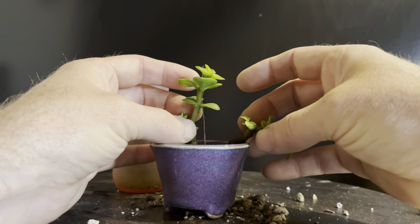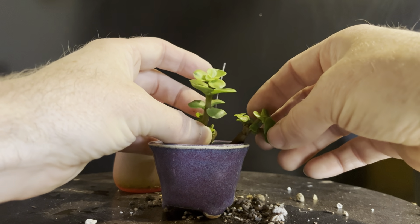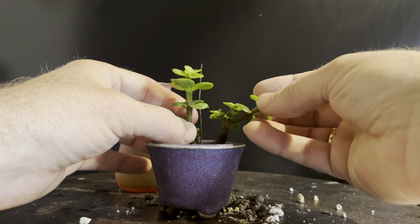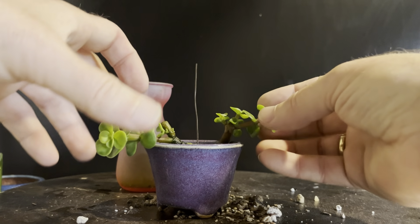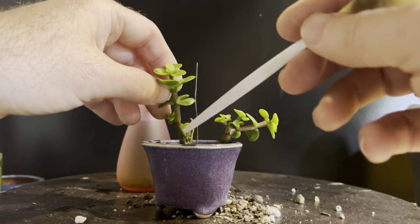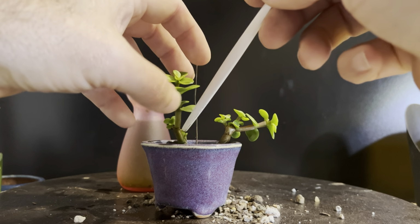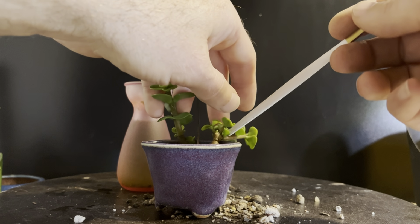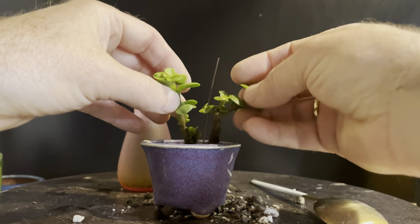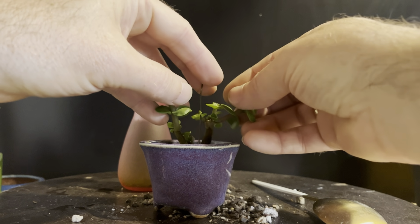So I'm going to put these in sort of like a twin trunk, I think. Kind of get them close together, and maybe they'll stay together. Maybe I'll separate them out eventually, but we'll start this way. It's a little tricky sometimes to put two in, so I'm trying to get the roots going how I want them. Sometimes you have to be a bit of a contortionist with your fingers and just hold these in here. I guess I should have put two wires in here. But